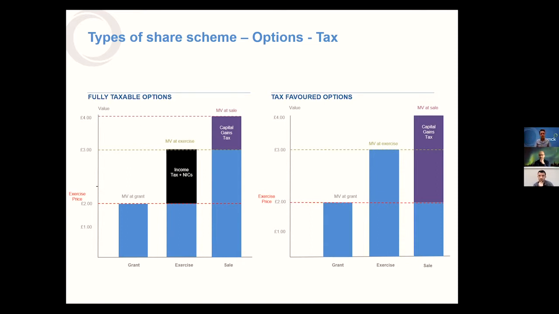So the clear advantage of EMI options, if you qualify for them, is that you can structure them so there's no tax on exercise, and all your tax on sale is capital gains tax, and you don't end up paying any income tax and national insurance contributions. That's also a win-win for your employer, because they don't need to be paying employer national insurance contributions. Although it's worth pointing out that if you're doing non-EMI options, so fully taxable options, you can transfer that employer's national insurance contributions liability that might arise to your employee. And that's a pretty standard thing to do in startups, because that broadly gets it off your balance sheet.